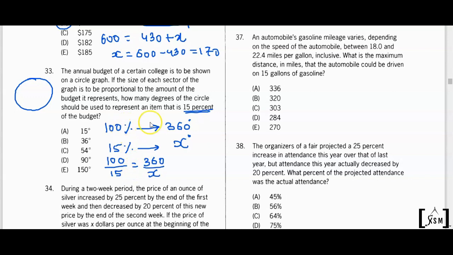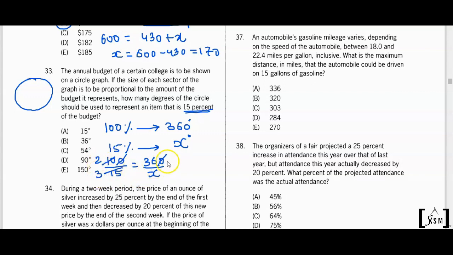If percentage increases, degree also increases. If percentage decreases, degree also decreases. So that is called directly proportional. And this is how we simply divide both the cases like that. Okay, we'll solve for X now. So 0 and 0 get cancelled. This side is 10 over 15. We'll simplify it as 2 over 3, 5 two times and 5 three times.